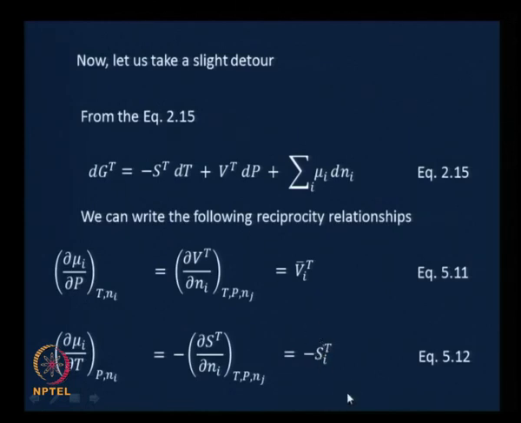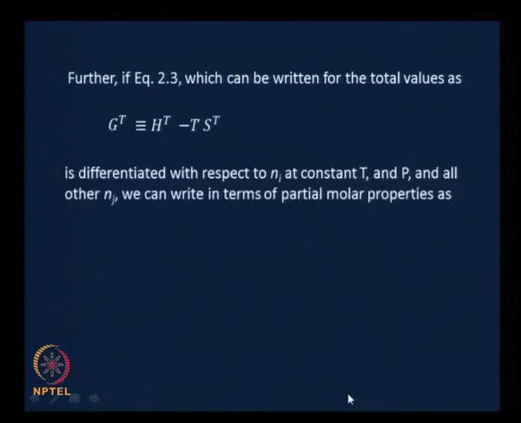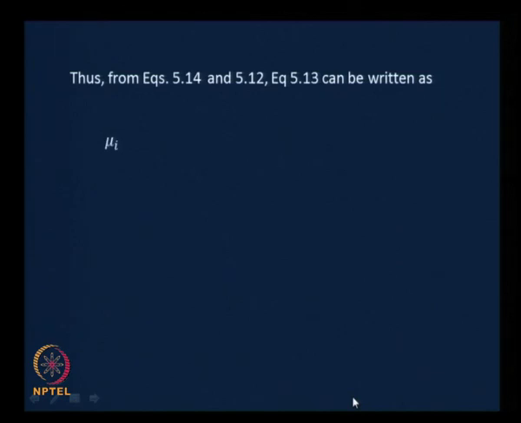From these two equations we can write μ_i equals H_i^t hash plus T ∂μ_i/∂T at constant P and n_i,